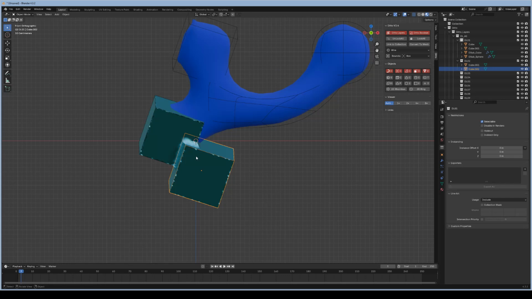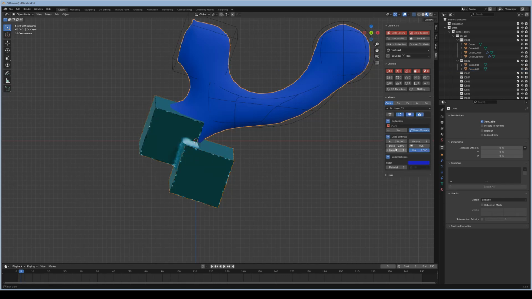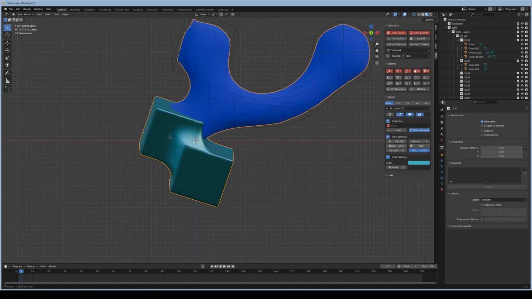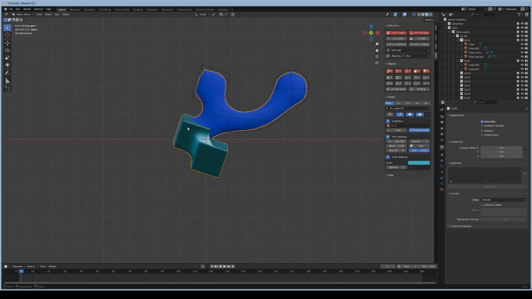Now you can adjust this however you want, and I'm just showing you the link in between. And right now this is how you get through. There we go. So we got a really nice blending. That's how we get through